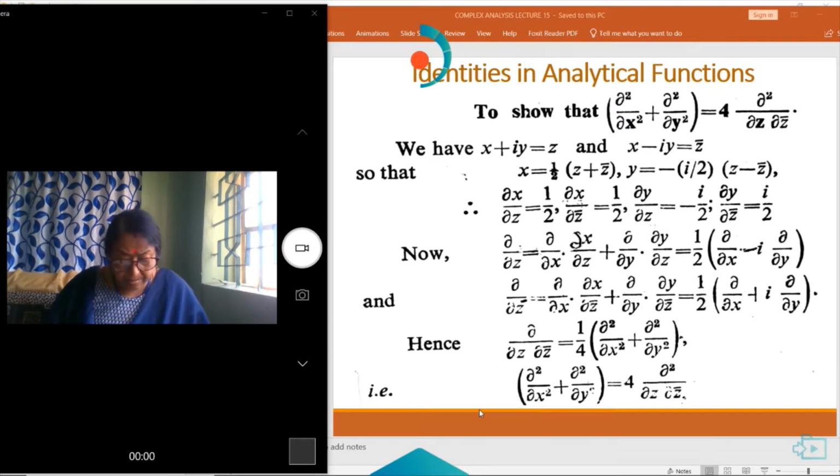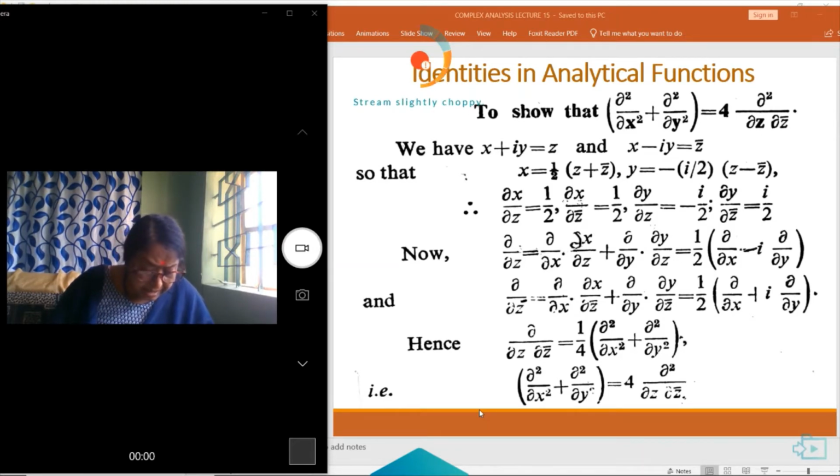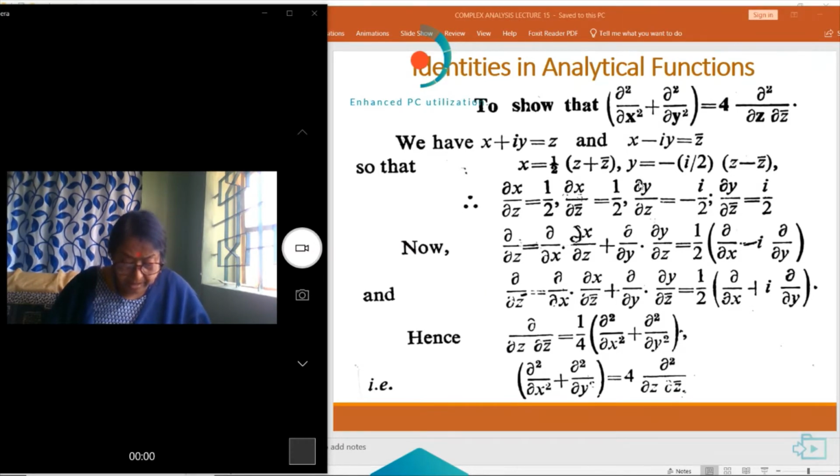Again, we know del by del z can be written as del by del x into del x by del z plus del by del y into del y by del z, which on substituting the values of del x by del z and del y by del z and del x by del z bar and del y by del z bar gives us whatever you can see on your screen. Similarly, del by del z bar is equal to half of del by del x plus i del by del y. Now, del